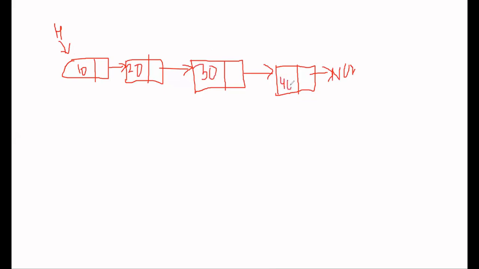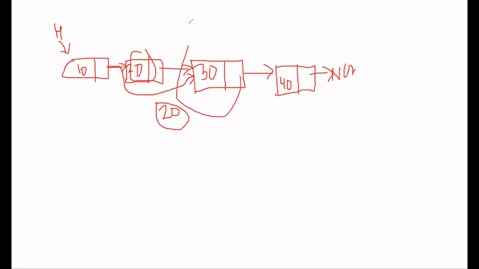Last time we designed two functions: if I want to delete 10 from here, the first node, we designed delete from the start, and if we want to delete the last node, suppose 40, we designed delete from the end. This time suppose a user has asked us to delete a given value. Suppose he has asked us to delete 20. So our function should delete this node, and the previous node should point to its next node. Either he can ask us to delete 30, 20, 10, anything.